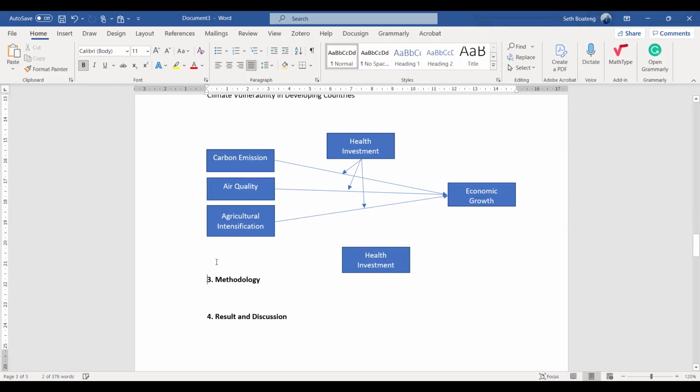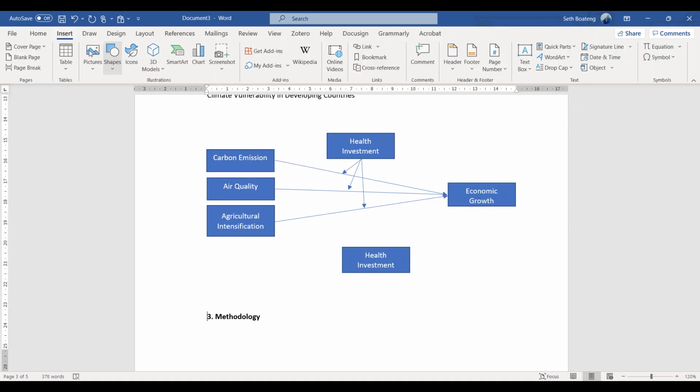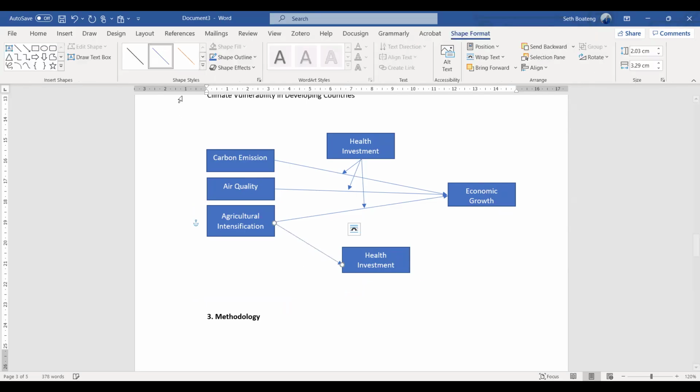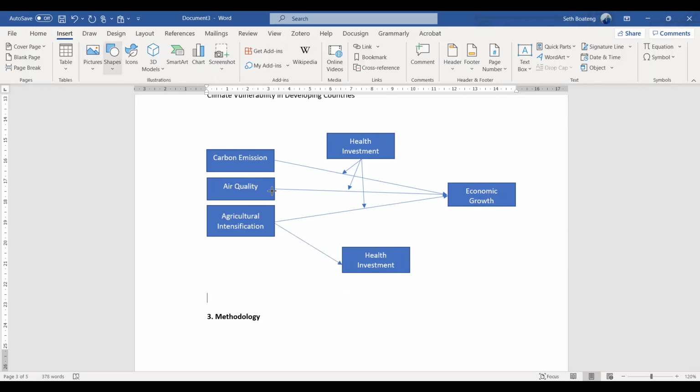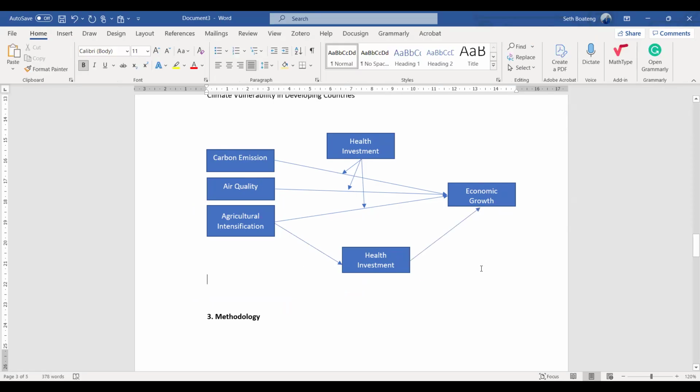So maybe for agricultural intensification, the cursor will come here, then before the cursor goes here, do you get it? This is how the mediator works.